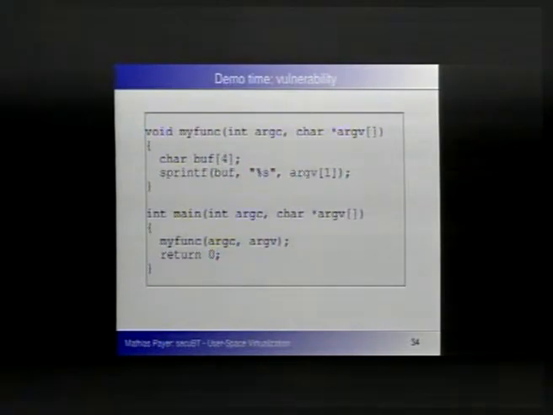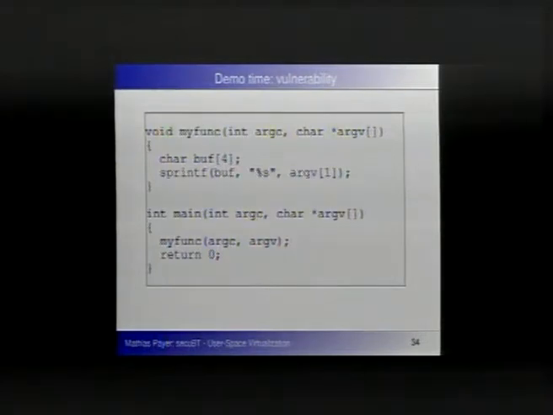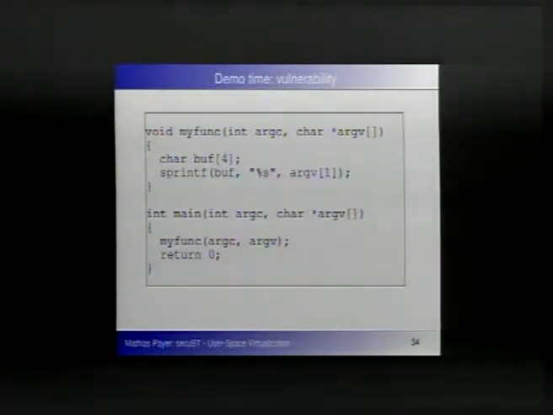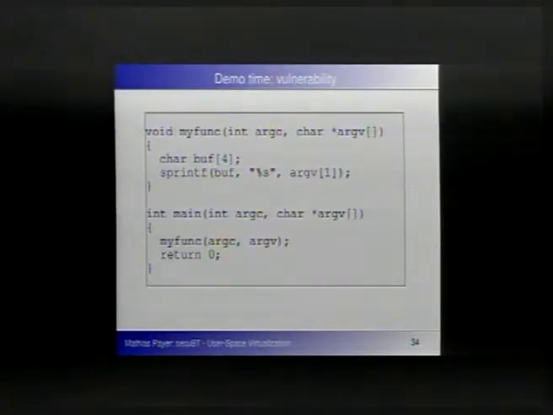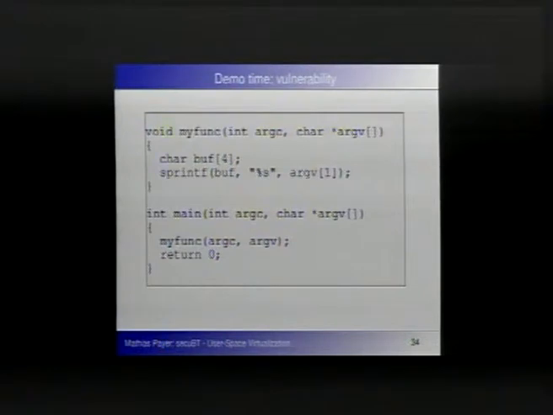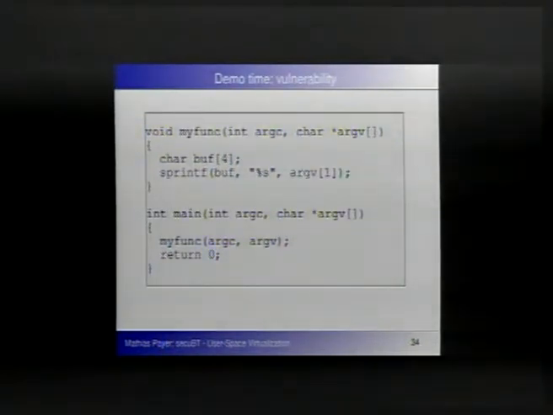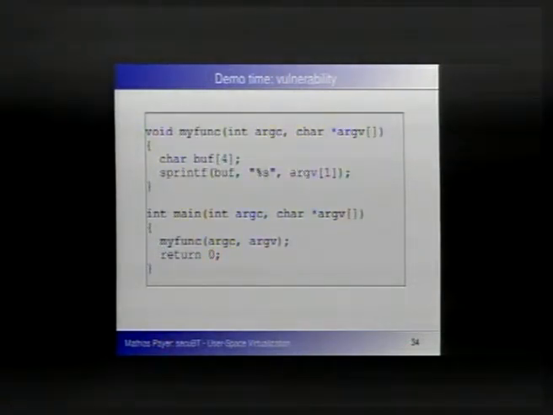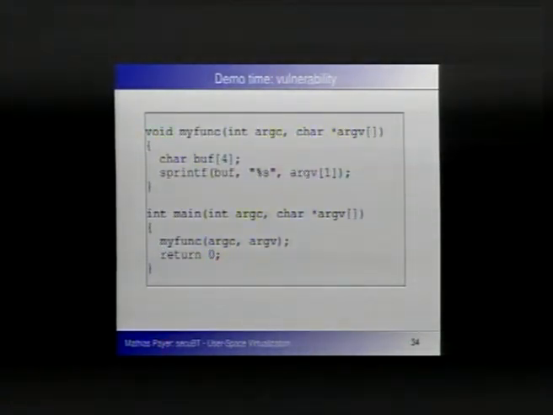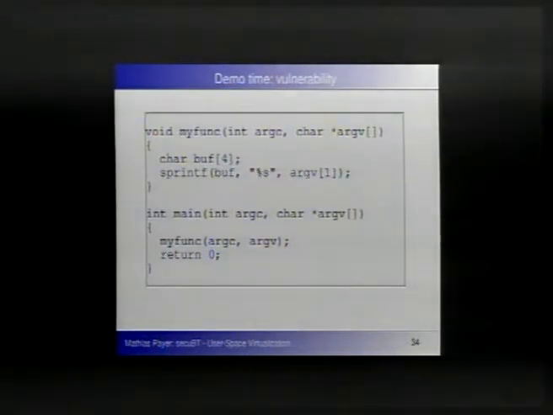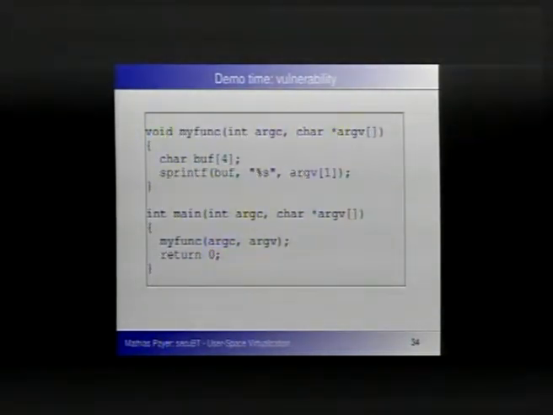secuBT works with vulnerabilities. We have here a nice program that an undergrad student wrote. We have a main function, and this is just an excerpt out of that. We have some arguments, and we call a function, myfunc, and this function takes the string and uses sprintf to print that string into a buffer which is only 4 bytes long. It's pretty clear that we can produce a stack overflow like that, override the return instruction pointer, and then do